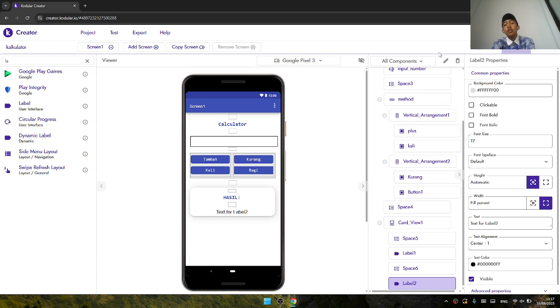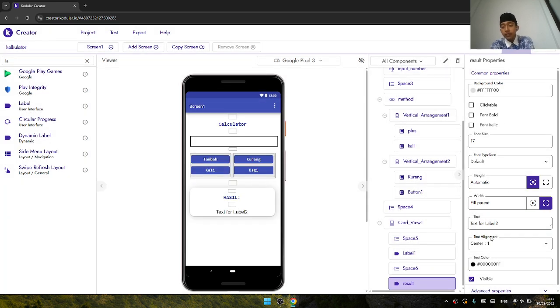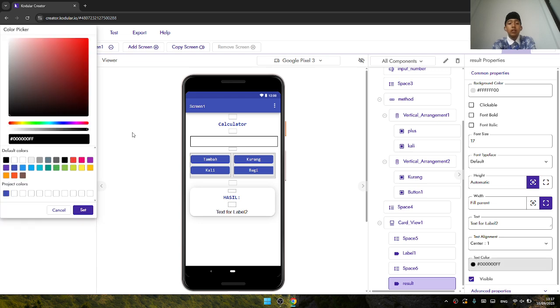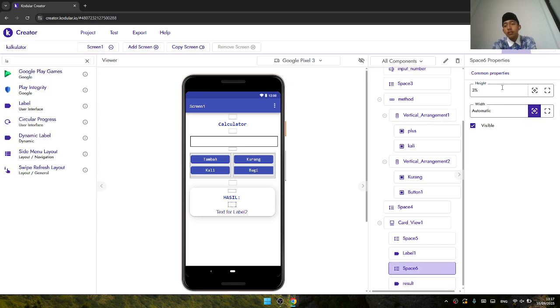Okay, we continue. Set the label ID become free. So, okay, then don't forget to set the text color become indigo again. I think 2% is enough.